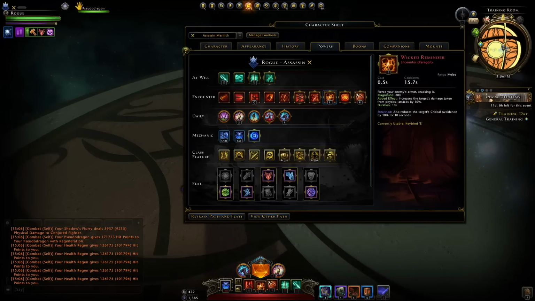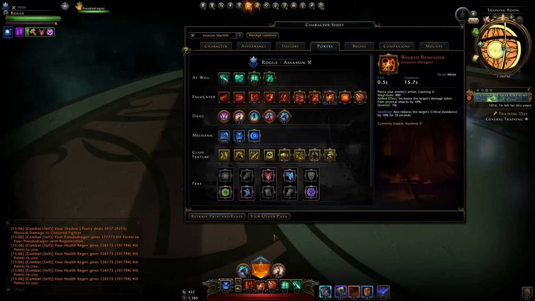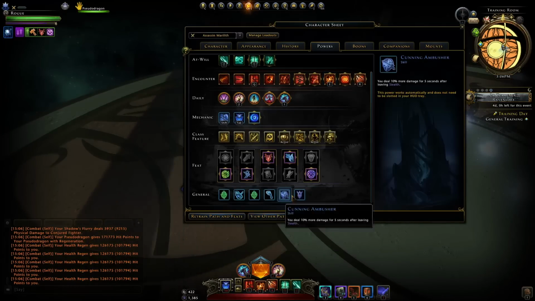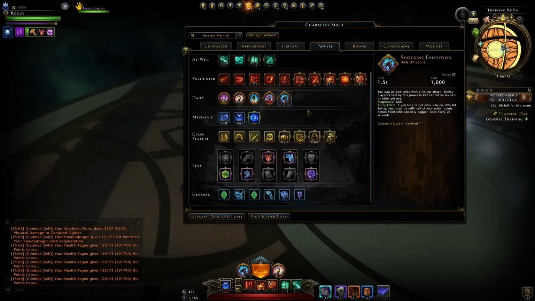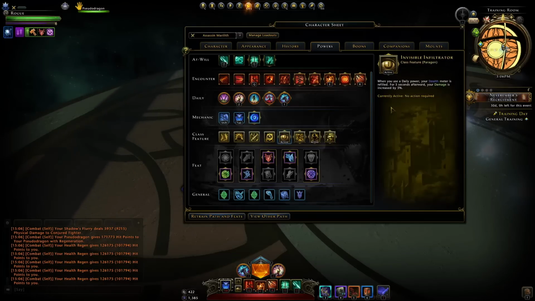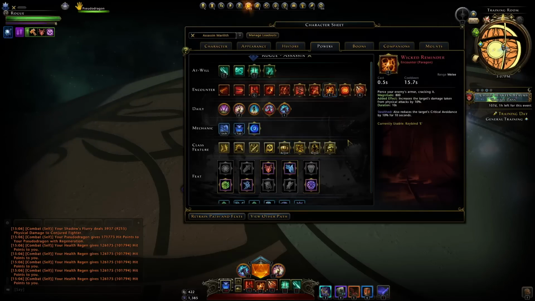And the reason during the artifact call that we use firstly Path of Blades from Stealth is so that we would gain the extra 10% damage from leaving Stealth. Then we use our daily power, which then procs the Invisible Infiltrator, giving us 5% more damage for 5 seconds and refilling our stealth meter. That is why we drain that stealth meter again with Wicked Reminder from Stealth,